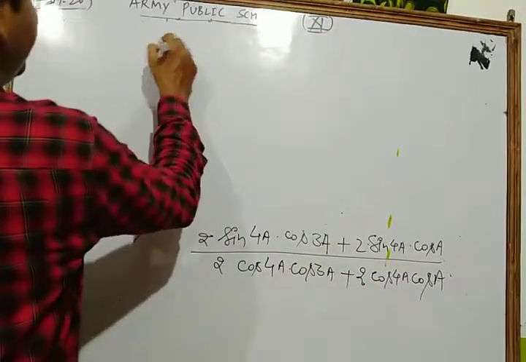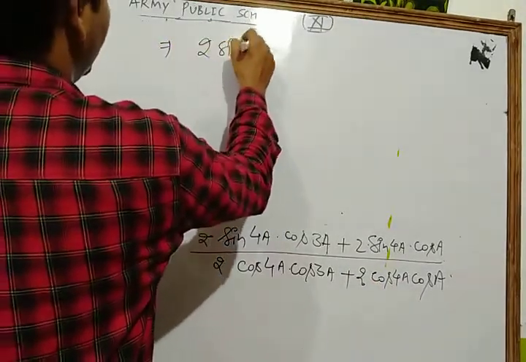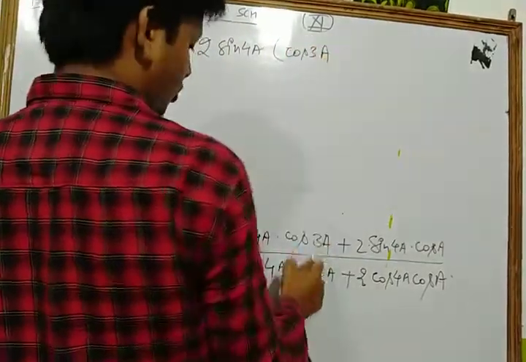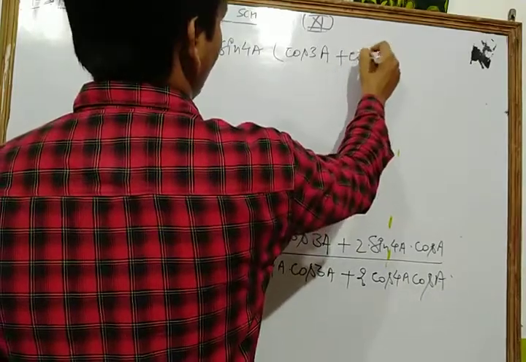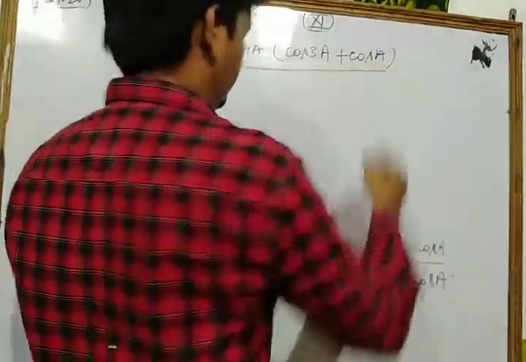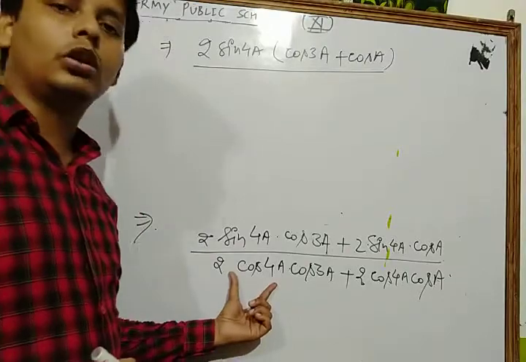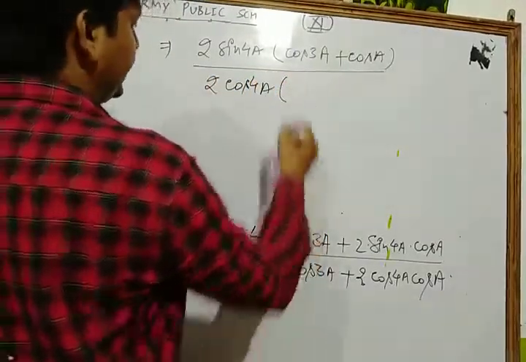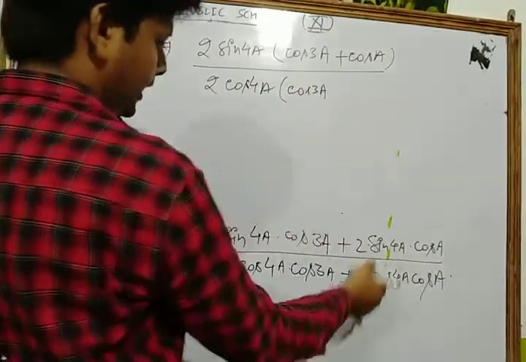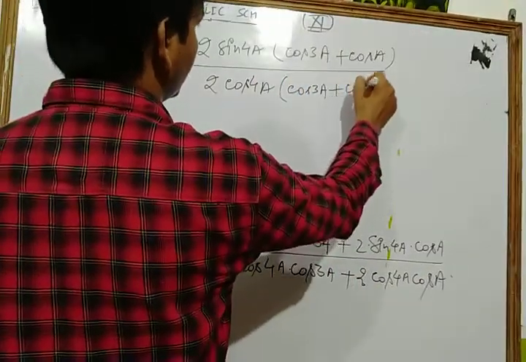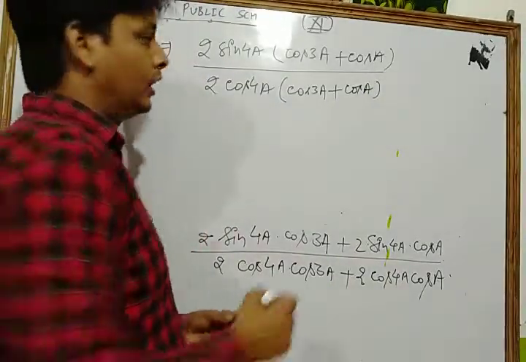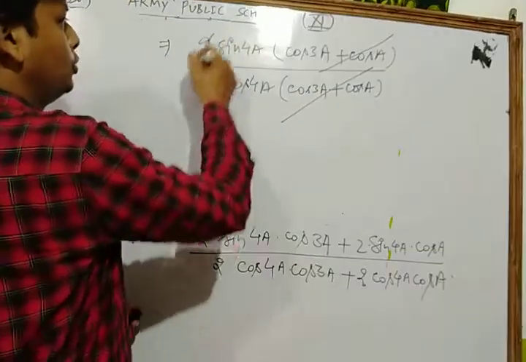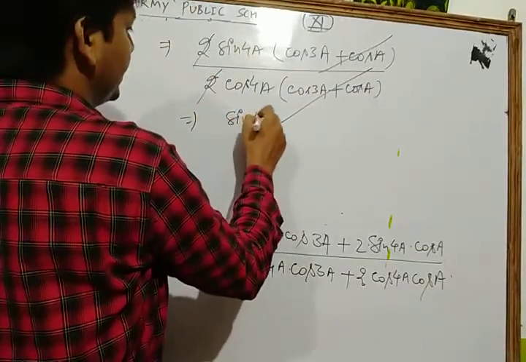Taking 2 sin 4A common, in the first part cos 3A is left, plus here cos A is left, upon, in the denominator, 2 cos 4A common, cos 3A plus cos A. Now cos 3A plus cos A cancels, then 2 cancels, and I get sin 4A upon